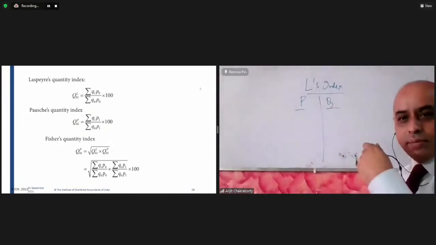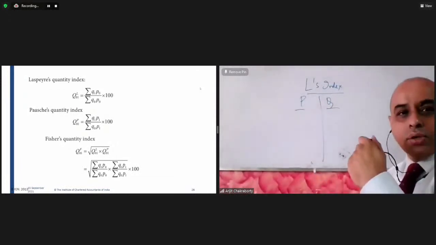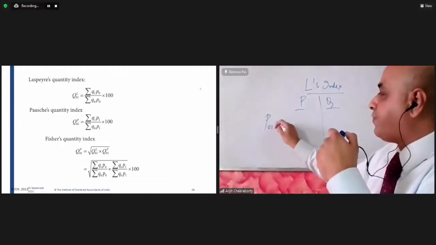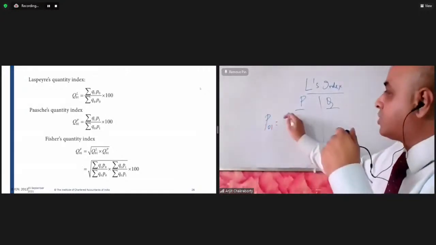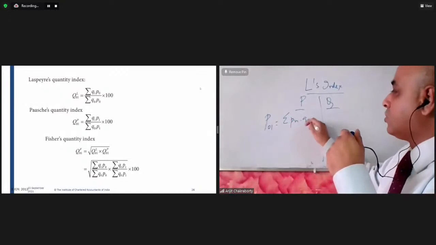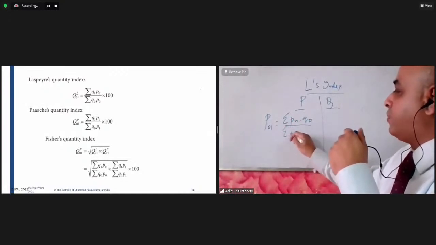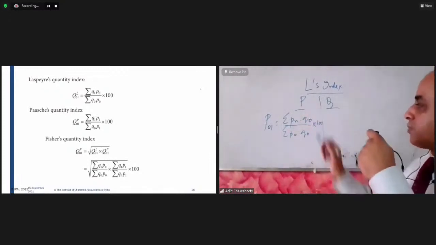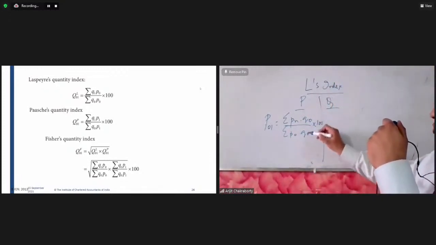Please follow this. When I am finding the price index, P01, the formula is sigma Pn into Q0 by sigma P0 into Q0 into 100, because in the case of the price index, in last period's index, the weight is always the quantity of